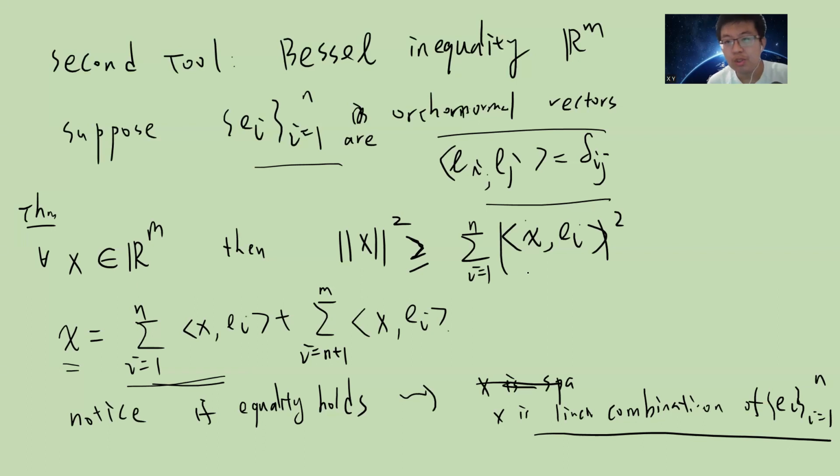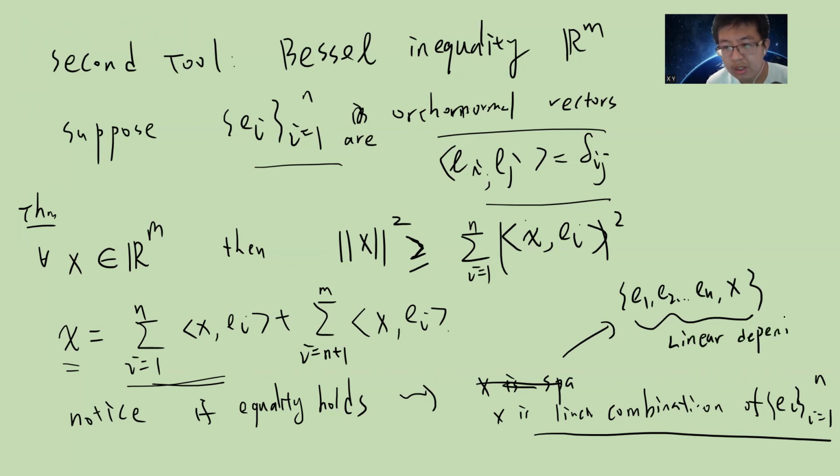This is most important: if this equality holds, it means that x is a linear combination of these e_i. Simply speaking, if you take e_1, e_2 up to e_n, and you take x, these are a linearly dependent set. Okay, so now we have these two powerful main tools, and we can start to try to prove the Dynkin